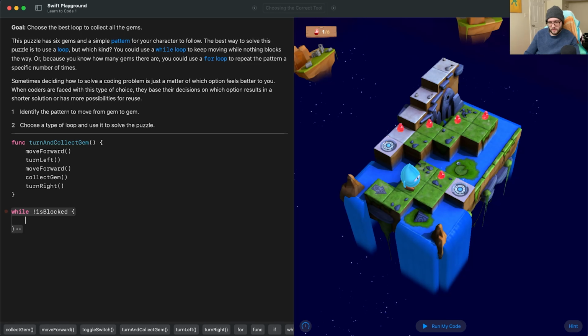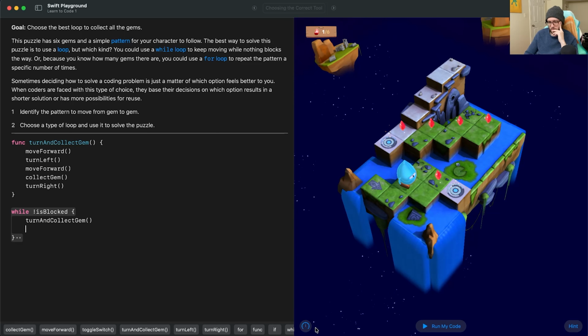Then add our brace. And within the code, we should be able to just call upon the turn and collect gem function. Let's go ahead and step through the code so we can watch it in real time. So anytime that we're not blocked, we're going to repeat this. And even, see here, we're a little bit blocked in front of us, but because we need to go through the entirety of the function before we check the while loop condition again, we're able to successfully go through